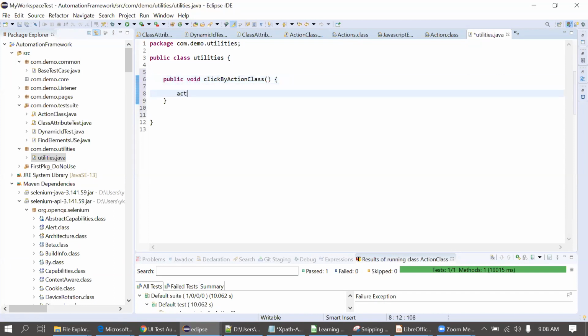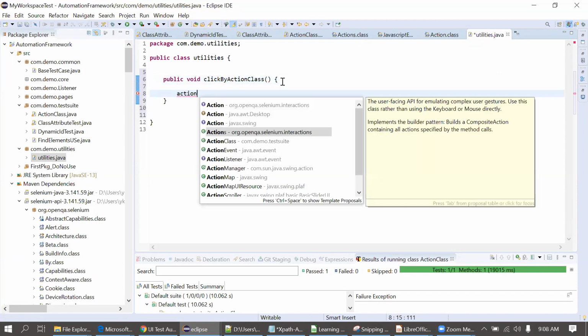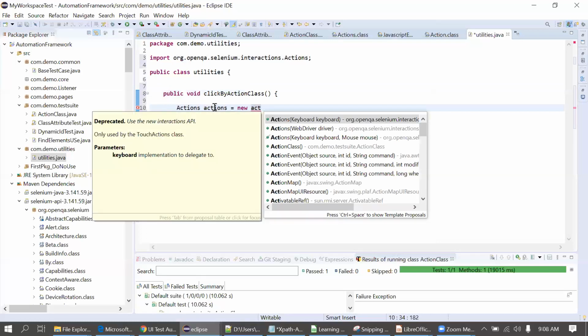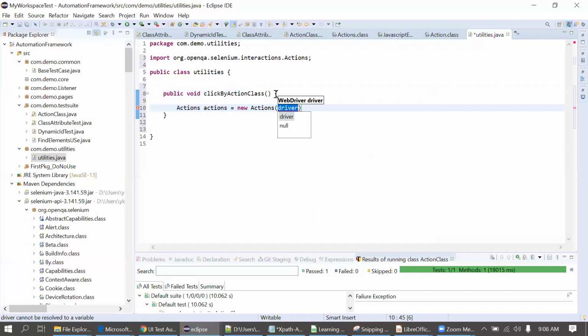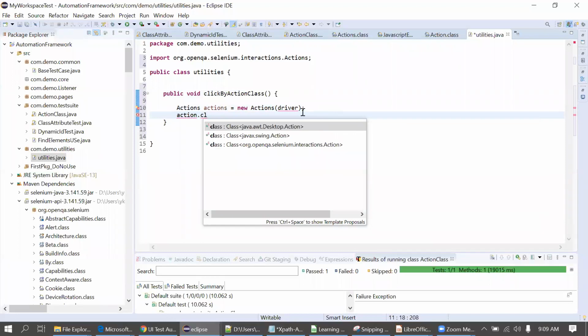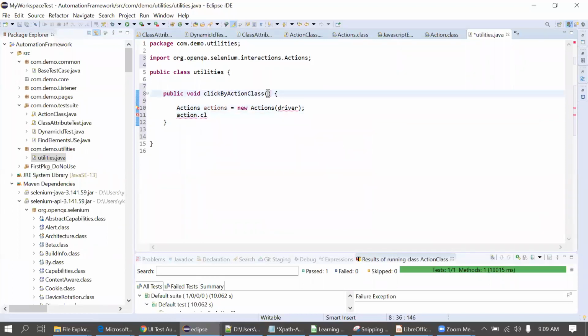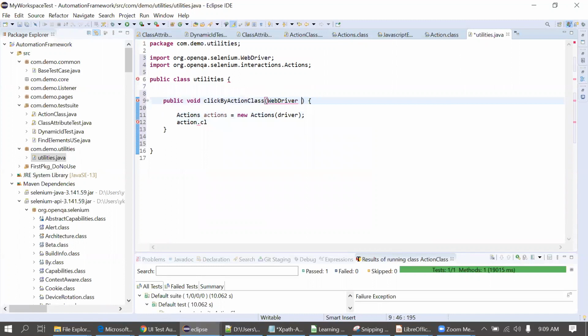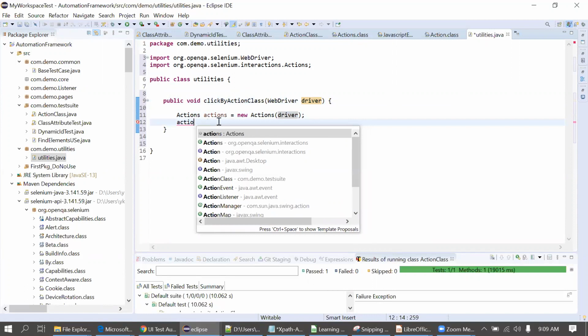I will create an object of the Actions class here. It's the Actions class, remember this S. New Actions. I'm getting this error because of this, so I will define the WebDriver. So it's actions dot.